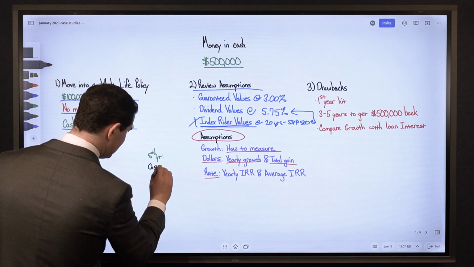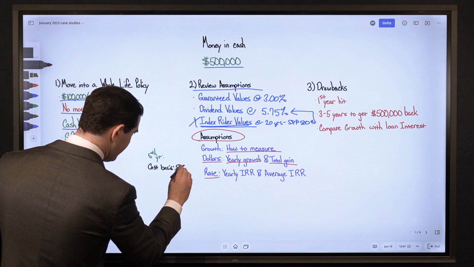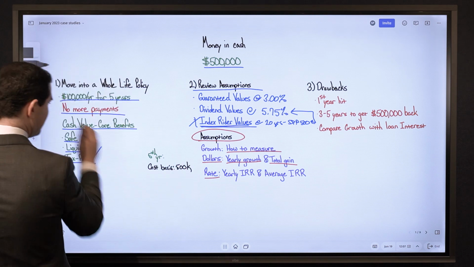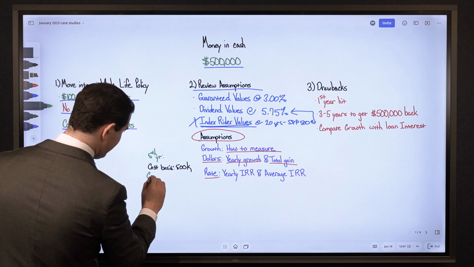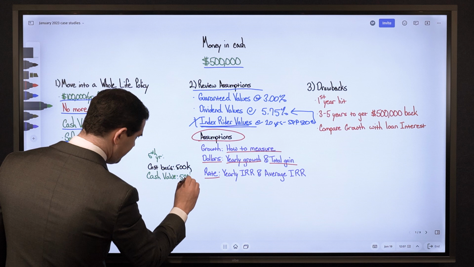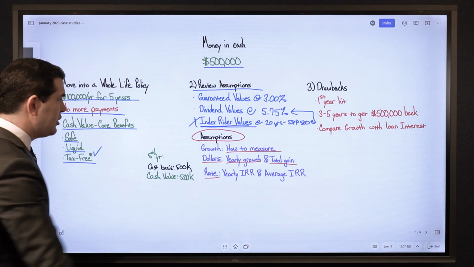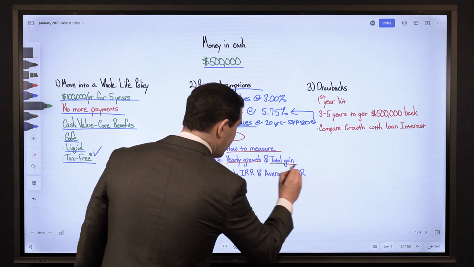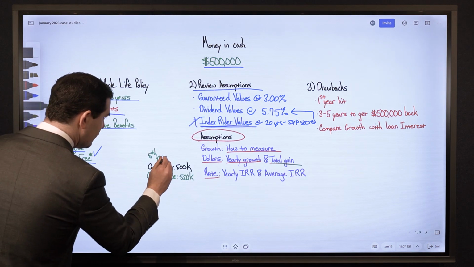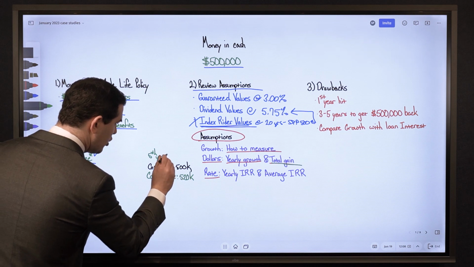Cost basis represents the total amount you've paid in, $500K. And your cash value at year 5 is $520,000. So what that means, your total gain over that 5-year period would be the difference between the total cash value and your cost basis,